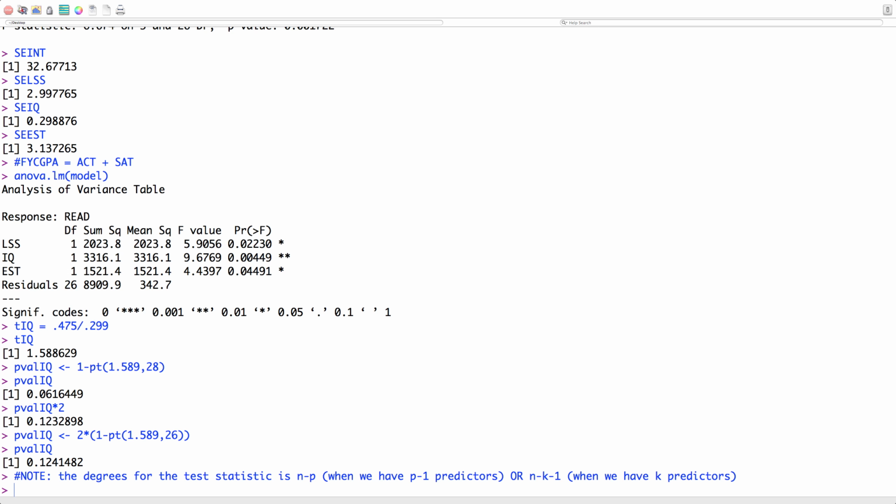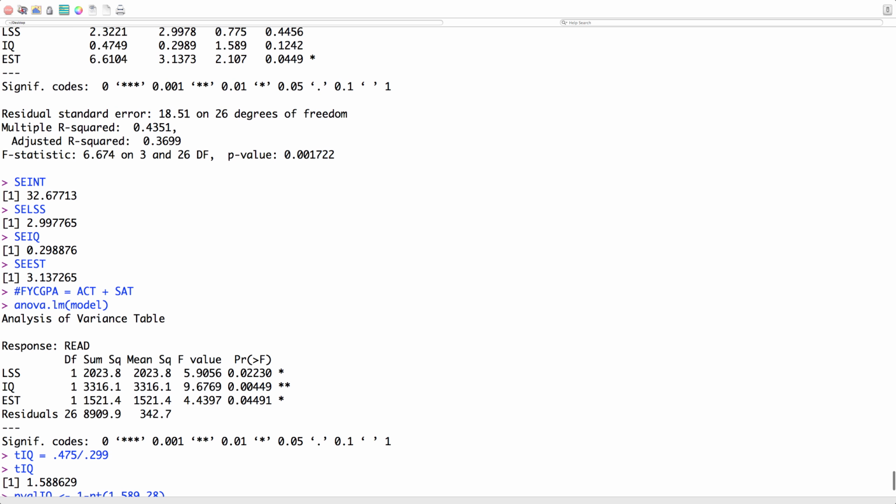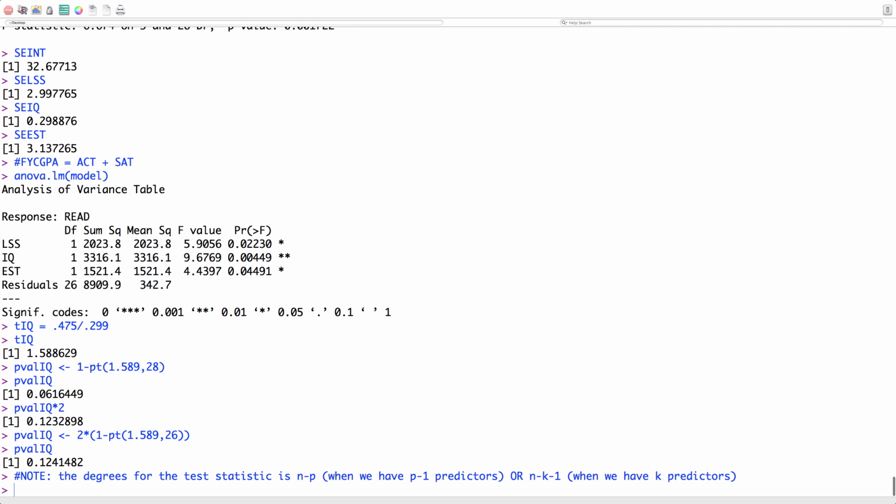All right, gang. So we've got our test statistic. We've got our p-values. We've looked at the inference. So the next thing I want to do is look at the estimate of the mean response. So let's say, for example, that we want to focus on